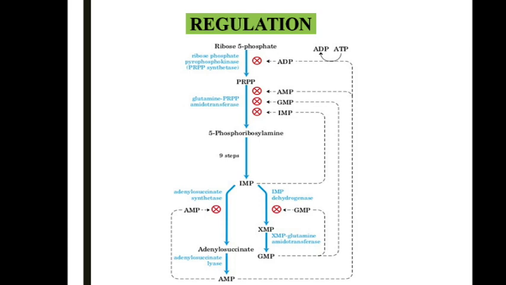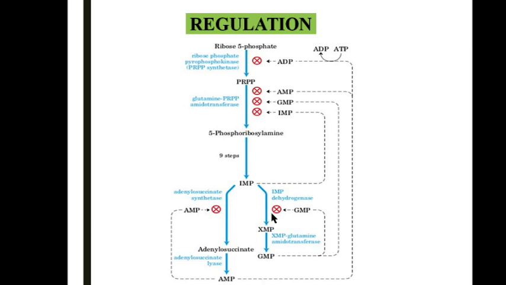Number two, feedback inhibition. When you look at the last steps, that is IMP giving rise to GMP and AMP, which are the end products of this IMP pathway. GMP and AMP themselves are the end products which are going to feedback inhibit these two enzymes. When they are adequately synthesized, when the body has synthesized an adequate amount, and there is no requirement for further synthesis, it's going to inhibit IMP dehydrogenase and adenylosuccinate synthetase. Thus, the IMP is not going to give rise to GMP and AMP. So this is called feedback inhibition.